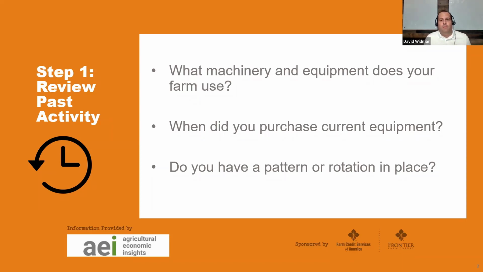Let's add a little more information to that. When did you purchase that current piece of equipment? Okay, that can be a really insightful piece of information for helping you think about when do I need to replace this next one? And of course, you can start thinking back a couple combines ago, right? Has there been a natural rotation or a pace or a cadence to which your operation has been trying to upgrade or replace machinery over time? That can be a really helpful piece of information as you start to build your plan in the future.